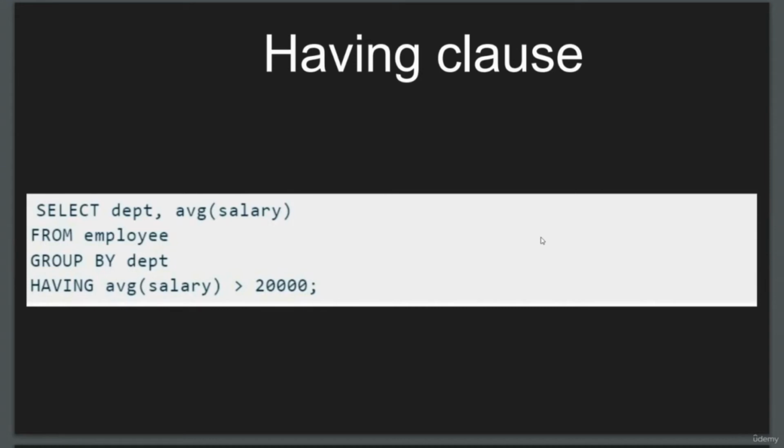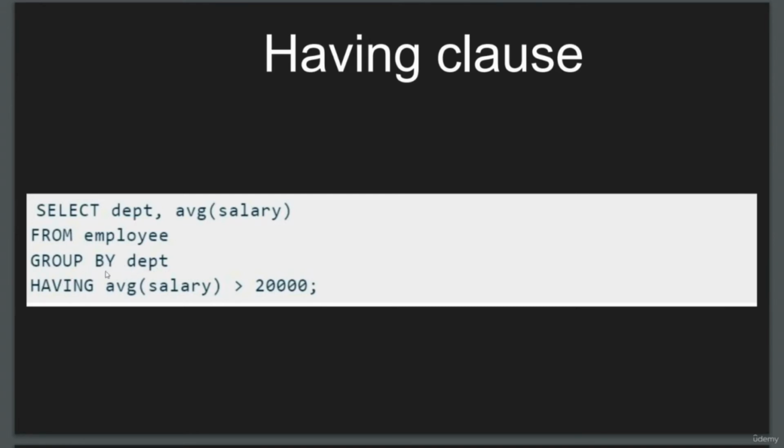So here is one example that is given here. Let's check it out. At first we are selecting department and the average of the salary. Salary is a column here. I hope you remember that we talked about aggregate functions. We are applying one aggregate function here, which is avg. Then we select it from employee, which is the name of the table, and after that we group it by department,